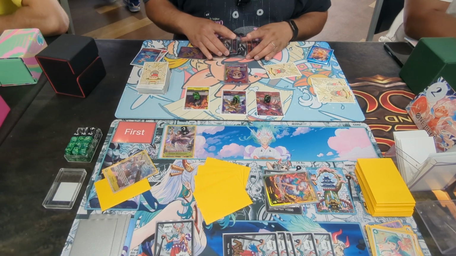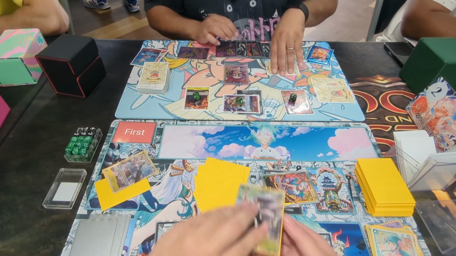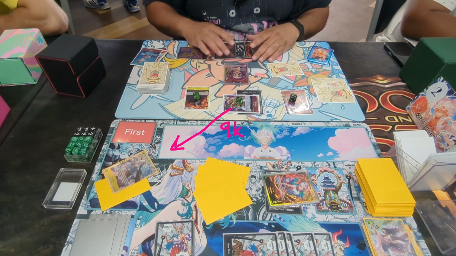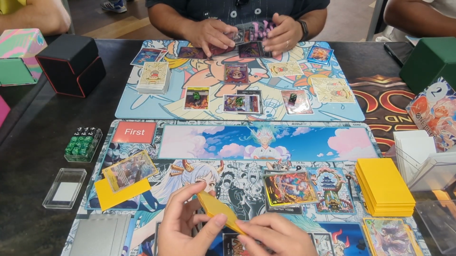Now here's the problem. The Lindbergh will be able to KO my blocker. So yeah, my opponent is gonna go 9k at me and KO the blocker I had. So there goes that. I don't have enough counter here, so